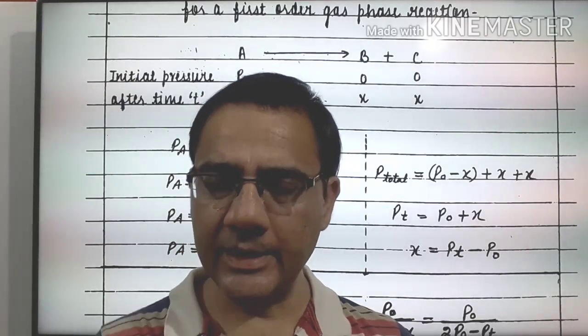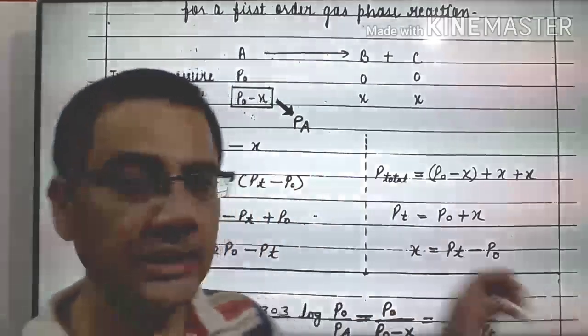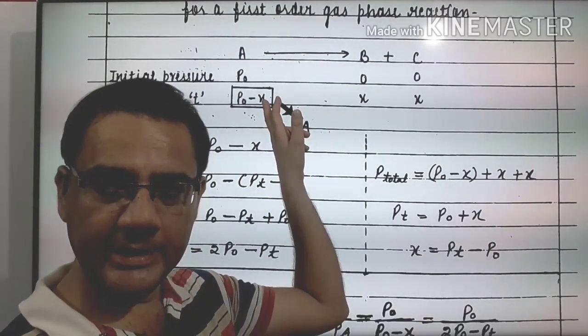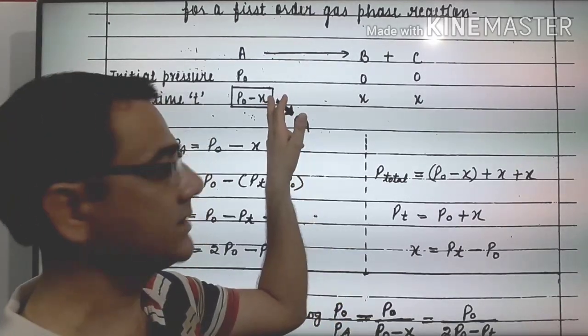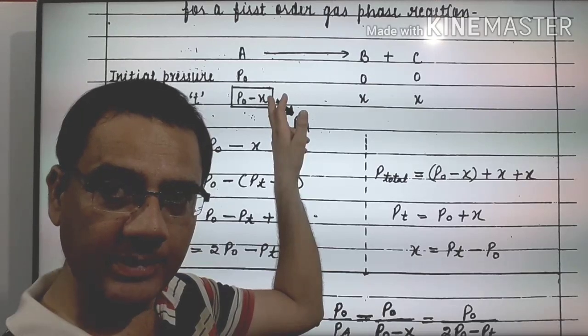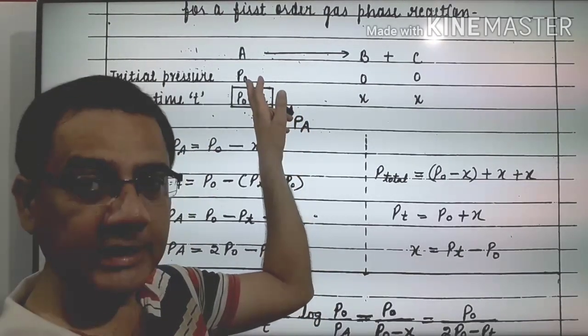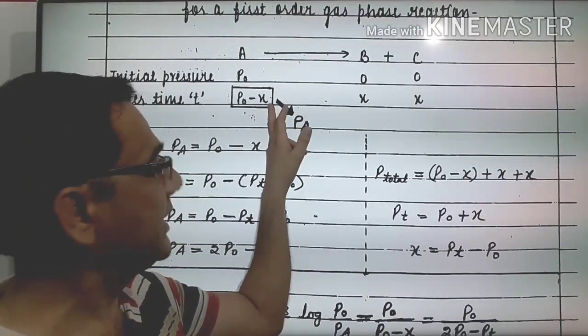जब गैसेस रिएक्ट करेंगी तो कुछ प्रेशर कम होगा. कितना प्रेशर कम होगा? मान लीजिए x कम हो गया. x is the reacted part of the reactant. जब रिएक्टेंट रिएक्ट करेंगे तो उनका प्रेशर भी कम होगा. कितना प्रेशर कम होगा? x कम होगा. तो 10 मिनट्स के बाद बचेगा कितना? P initial minus x. Remember this is P initial. After 20 minutes the left pressure is P initial minus x.